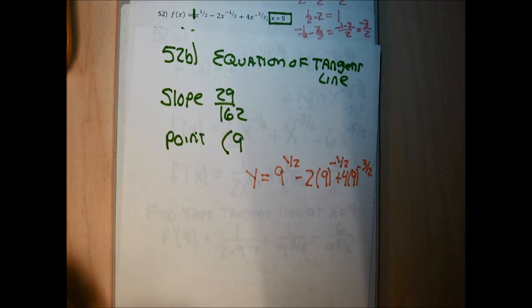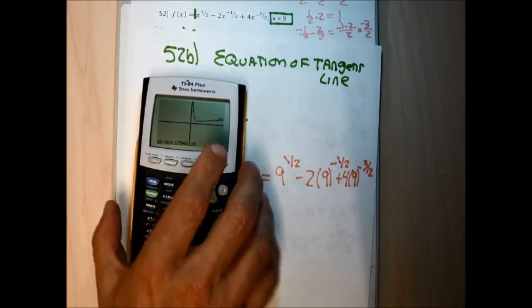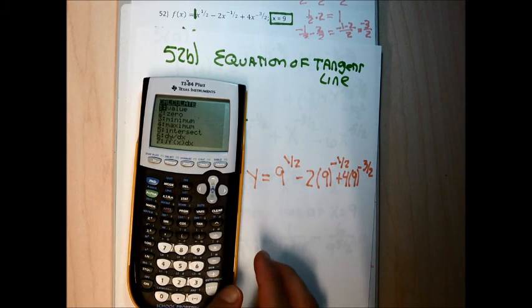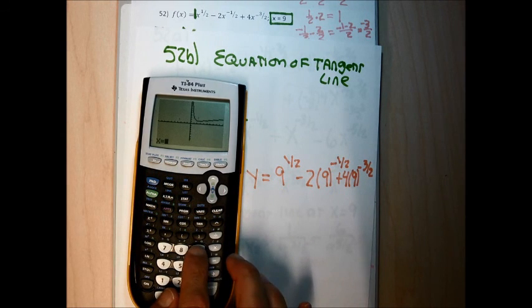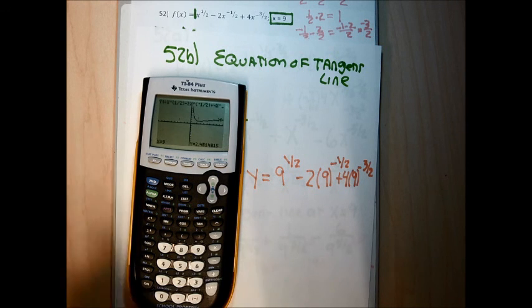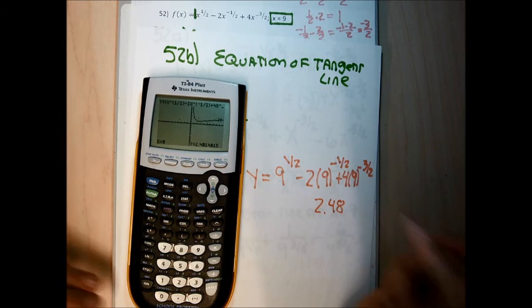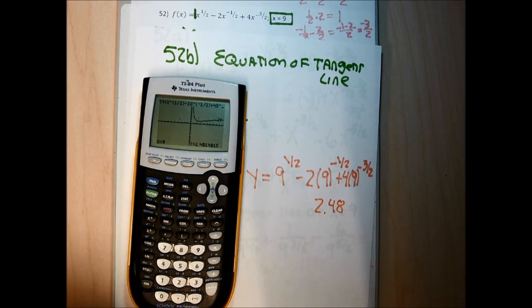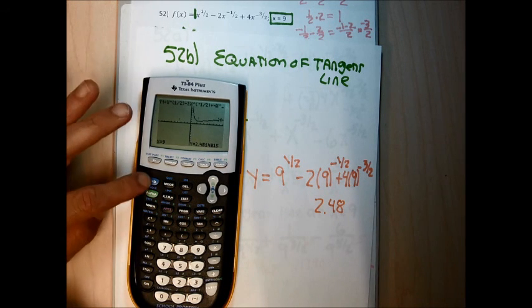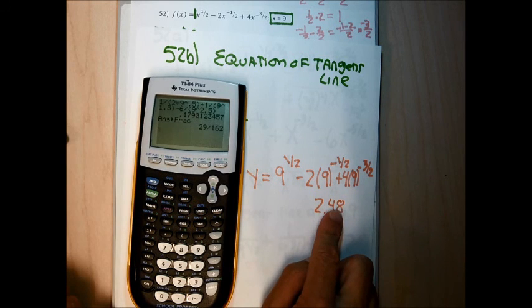I can find the decimal answer by going to my calculator and going second calc value, type in the number 9. The decimal equivalent of what I'm going to get on my calculator is 2.48 rounded to 2 decimals,